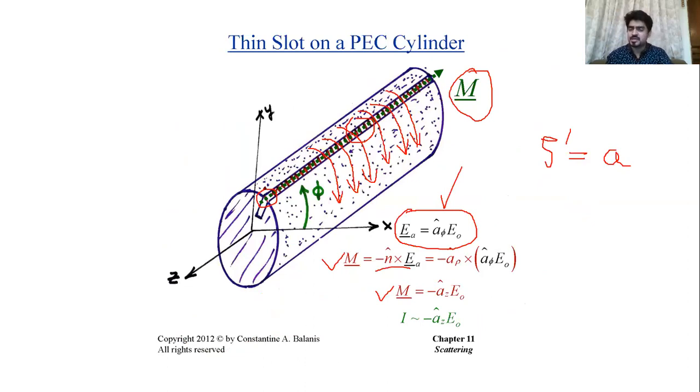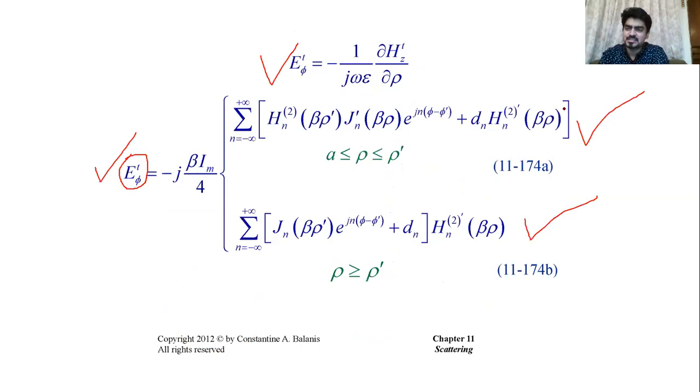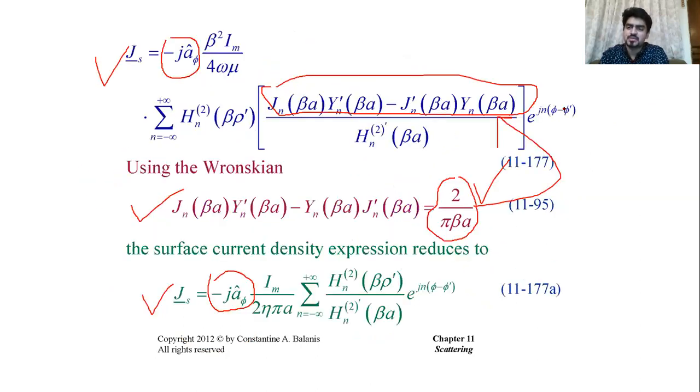So if you have a thin slot which is radiating electromagnetic waves, then that is equivalent to having a magnetic line source placed right on top of the cylindrical surface, and that is making rho prime equal to A. So when we set the location of the line source equal to A,